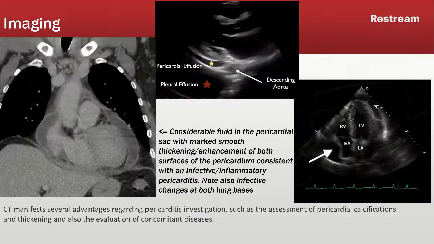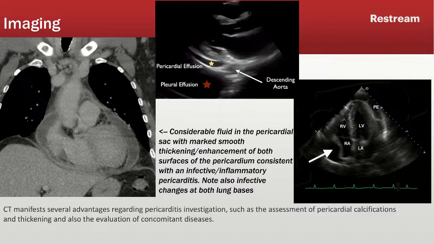So this is what the CT would show in pericarditis. Although it's not first line, CT can prove very, very useful in assessing pericarditis. Okay. You can see here, this is actually a patient with some effusion in the CT. You can see there's some considerable amounts of fluid in the pericardial sac